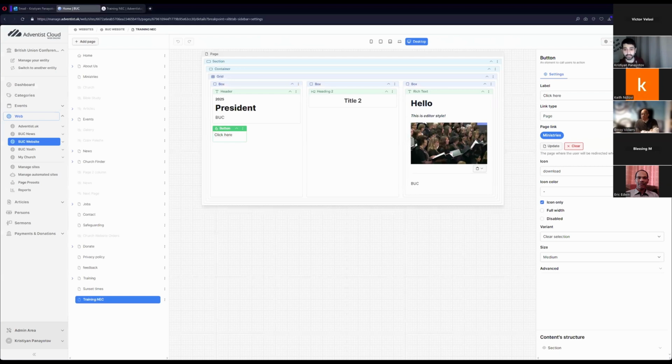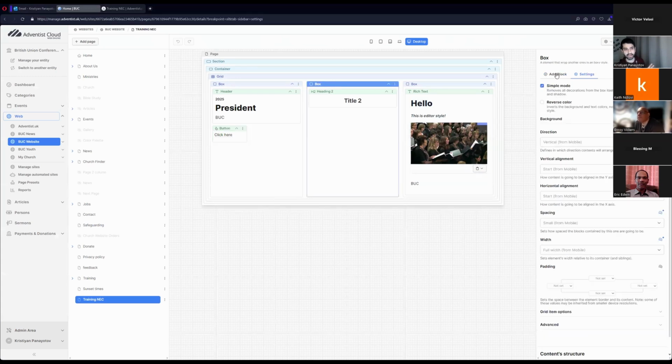The next thing I'm going to show you is how to add images. We go to Box, Add Block,